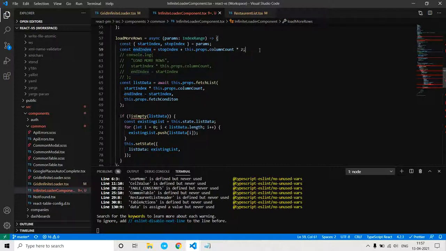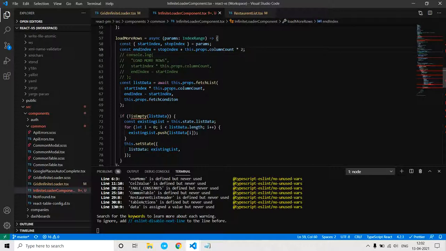So here I am just multiplying this column count, which is the number of cells to be rendered, by 2. So you will see the importance of this multiplication factor 2. I'm going to show you a bit later, so that you will be aware of the importance of this multiplication factor.